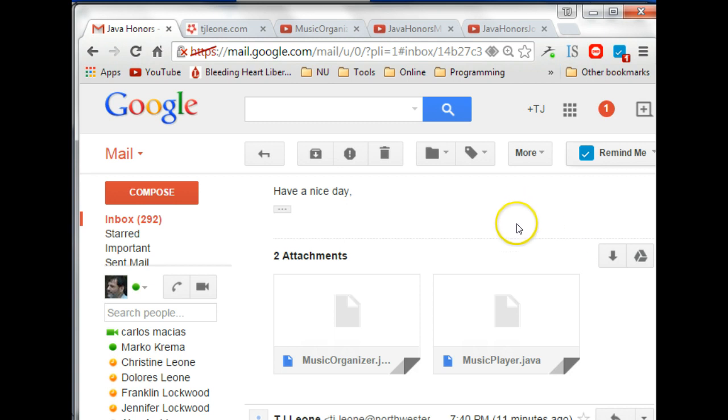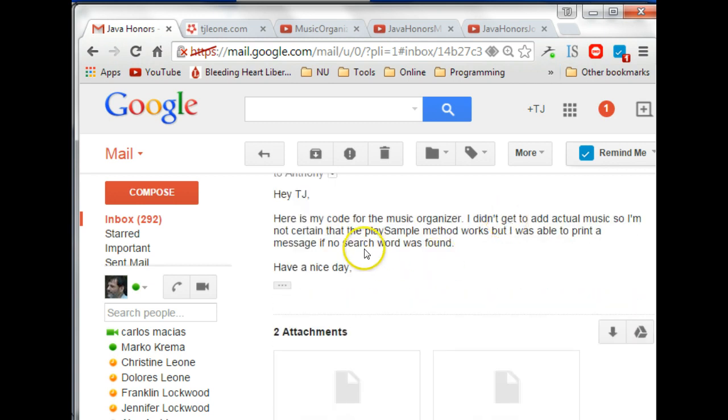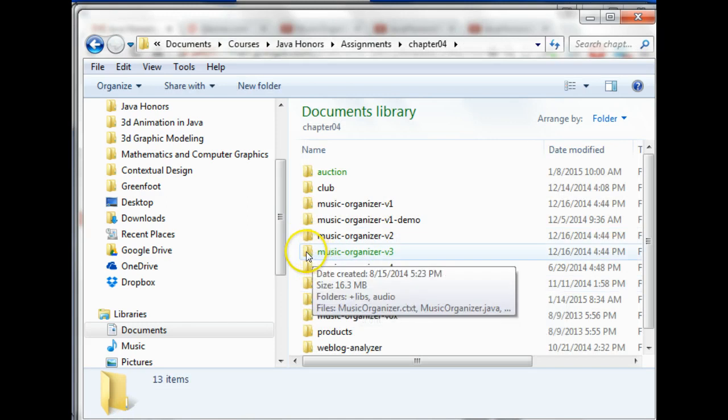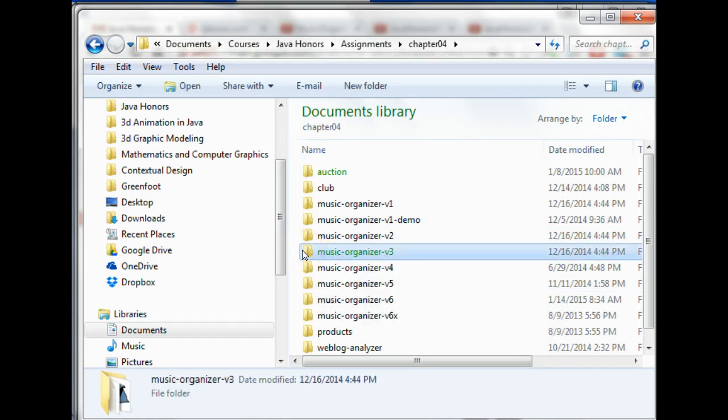So one thing I noticed you said was that you couldn't add music. So let me just give you some tips on that. What I suggest, probably the easiest way to do this, is if you start your project with, let's take Music Organizer 3, and I'm just going to copy this,